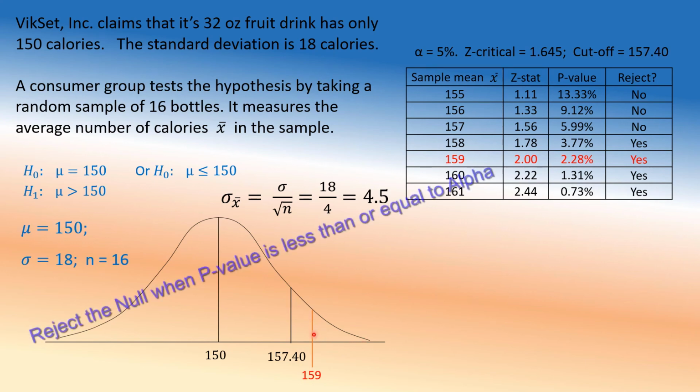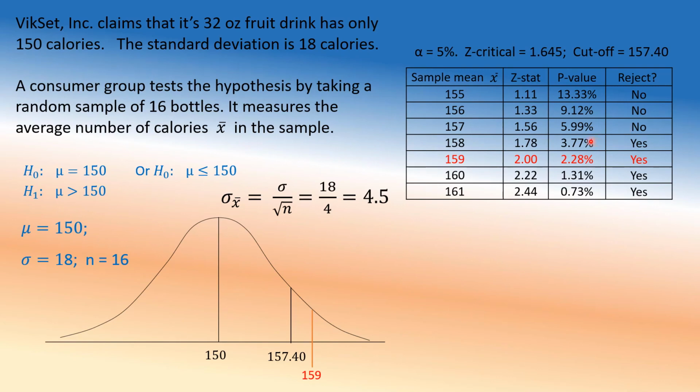So basically what we're saying is that the p-value is less than alpha, reject the null hypothesis. Look here. More than alpha, more than 5%? No, no, no. Less than 5%. Reject. Now we have 3 ways of doing things. Compare the sample mean or sample statistic to the cutoff and decide from there. Or you can compare the Z critical to Z stat and decide. Or alpha to p-value. All 3 are good. They give the same result.